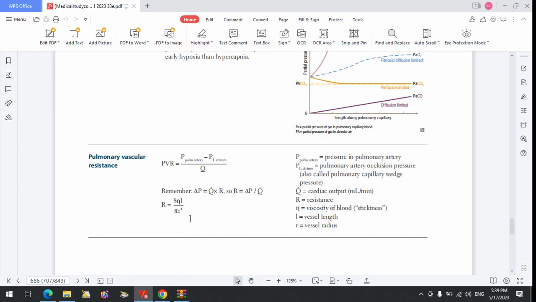But what we are looking at here is actually the vessels. So if you arrange